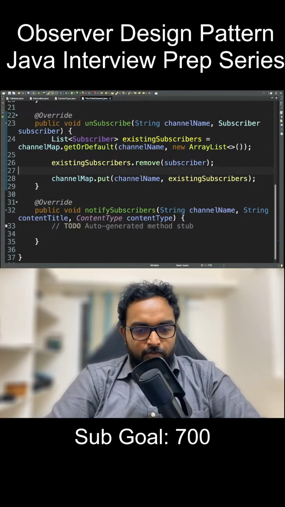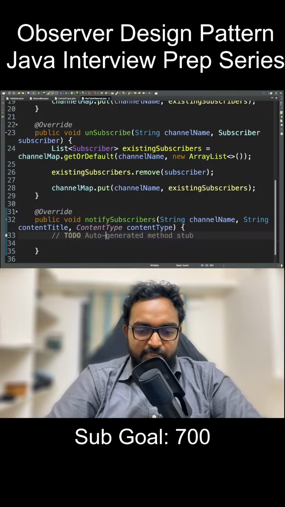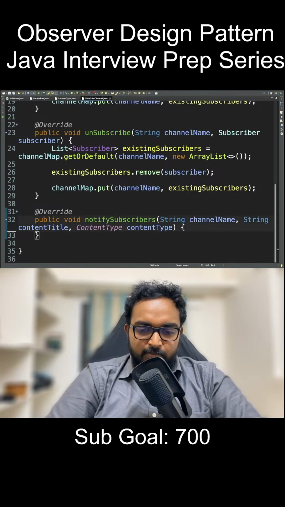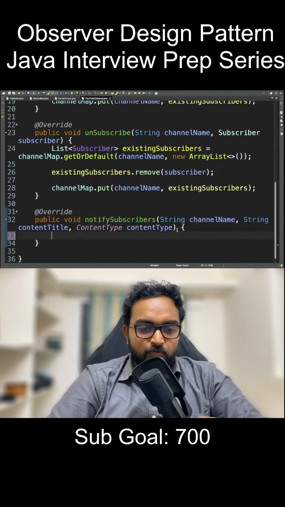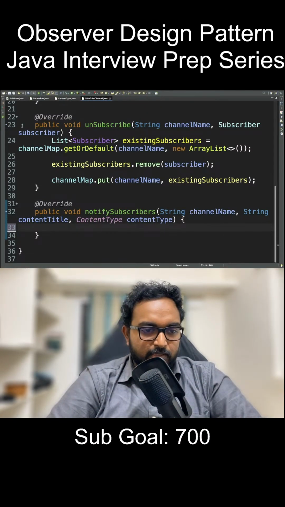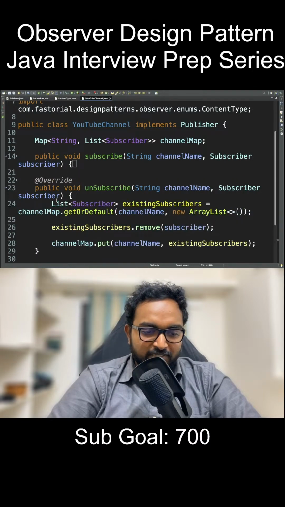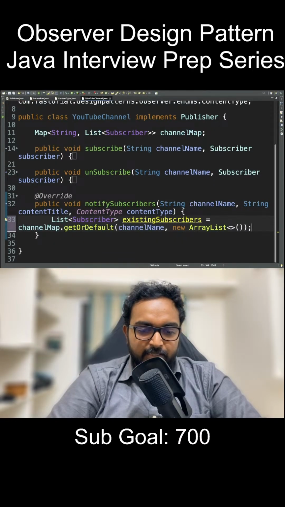Okay, fine. Then let's move to the next one. Notify subscribers, right? So for notify subscribers, now we are going to do the actual observer design part in the notification. Let me minimize all this unwanted, or basic stuff. So for notify subscribers, what we are going to do is, first of all, get this list of existing subscribers, and then for each subscriber